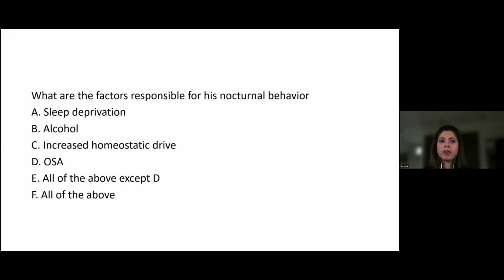On top of sleep deprivation, you add a mixture of alcohol, and there's already increased sleep pressure, meaning increased homeostatic sleep drive to be able to catch up on that lost sleep. So all these factors play a role. Excellent. Now,